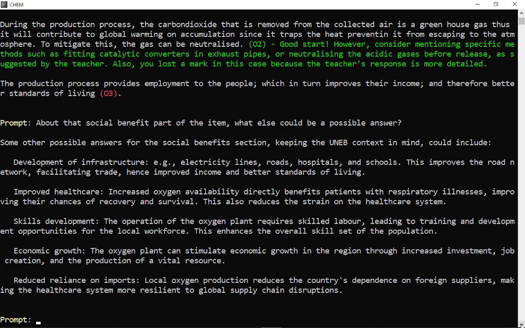So you see, they're giving you different versions, but at the end of the day, this is AI, and you need to always follow the marking guide, whereby we need a benefit, its effect, and then the impact of the benefit. Then you would say, for example, what of other possible